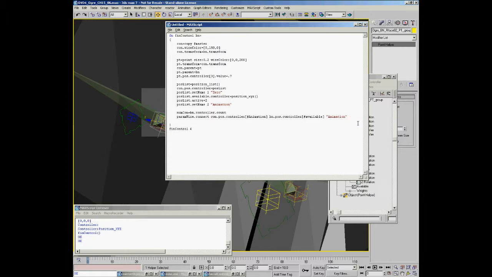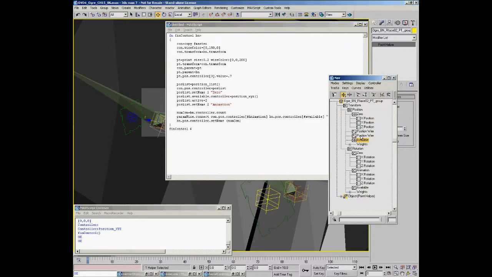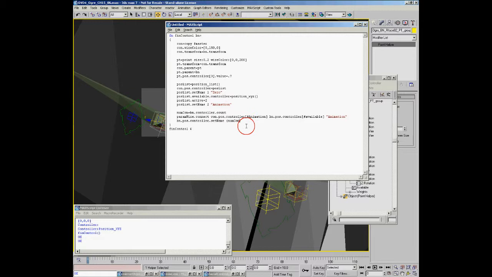Next thing is let's set the name of this so we know what it is. bn.pos.controller.setname, and now we need to list the number of the controller that we're going for. So that is numcon plus 1, because we only had as many as we started with. So if we had 1, 2, 3, that would have been the numcon value, plus 1, which would have been the available track. So we'll just do plus 1. And then, of course, we want to list which name it's going to be. And what we can do is set it to the name of the thing that's driving it. So this